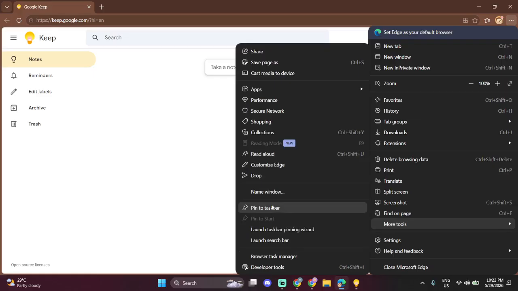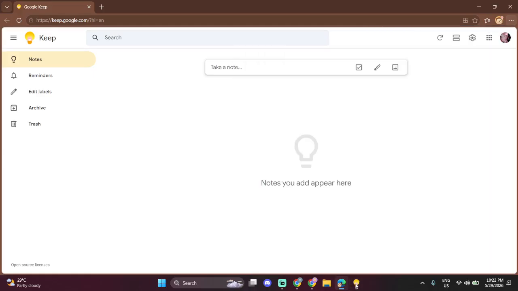Windows will immediately create a taskbar shortcut for Google Keep using the site's icon, so it's easy to spot. You don't have to adjust anything else. Once you choose Pin to Taskbar, you're done. You'll see the new Google Keep icon appear on your taskbar, ready for a single click anytime you want to